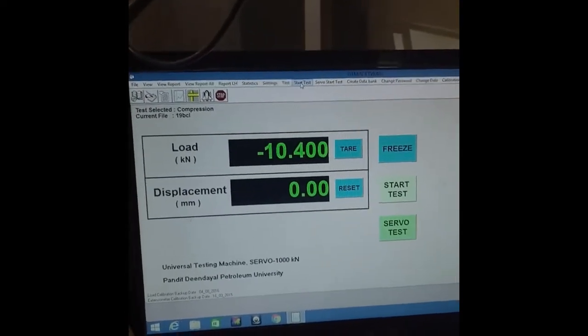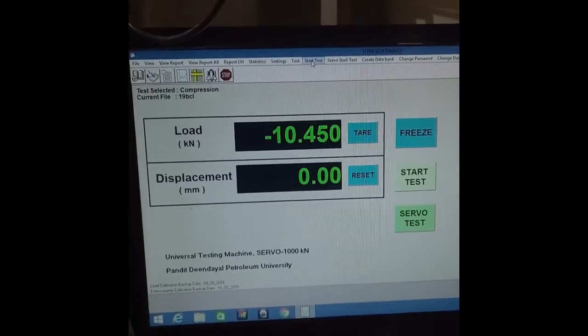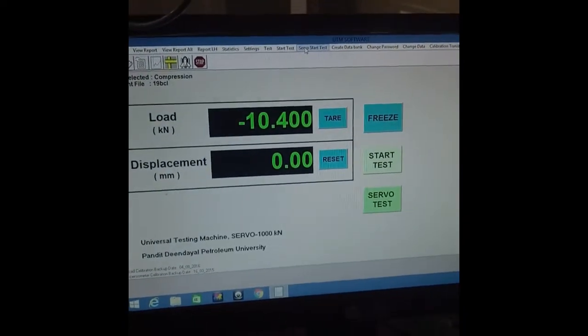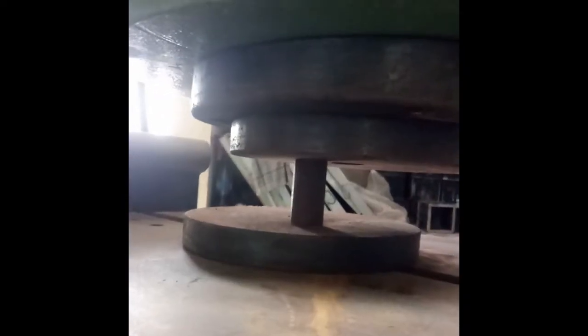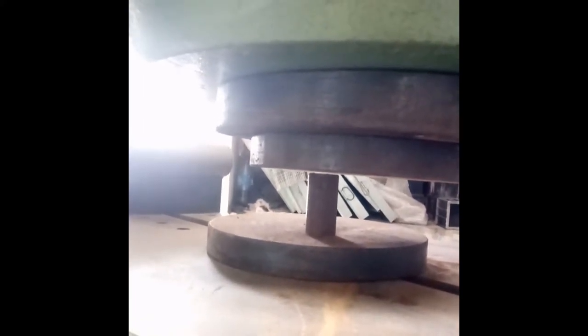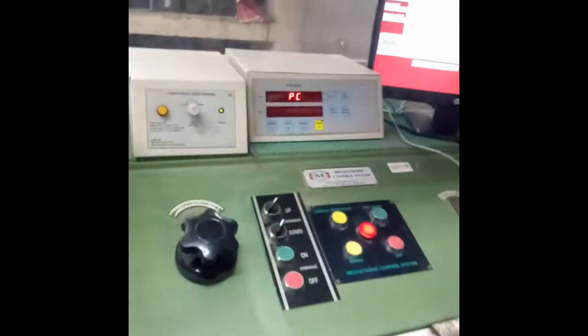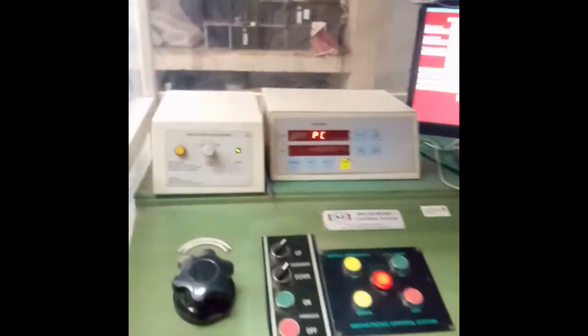But initially again there will be some adjustment, and then the actual reading will start from 0, and from then onward we need to measure the readings. Now I hope you can see the sample is properly placed, right? There is a gap initially, then with the initial setting buttons you can do this setting. We have used this yellow button for initial setting, and we'll apply hydraulic pressure using this too, right? So we'll start the actual procedure now.